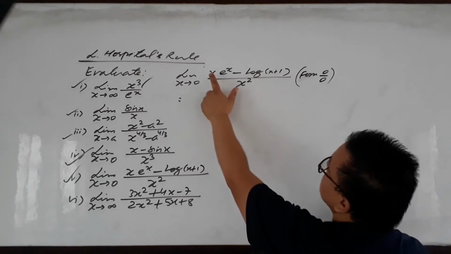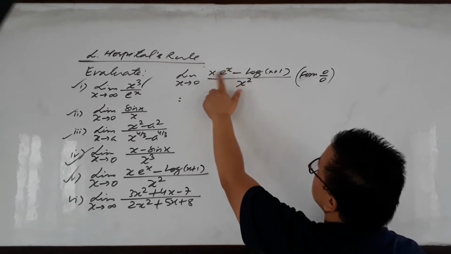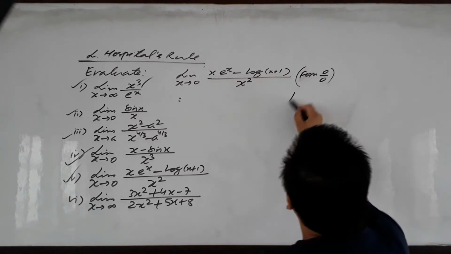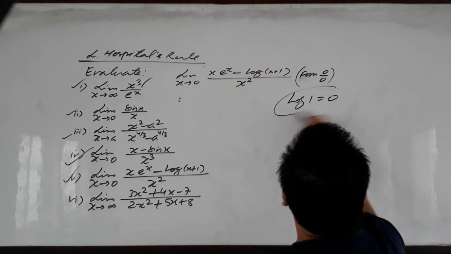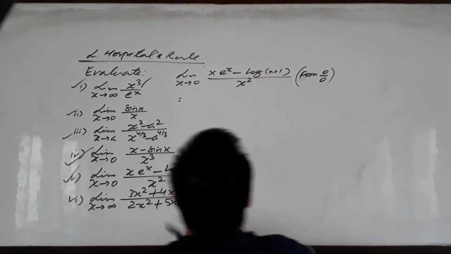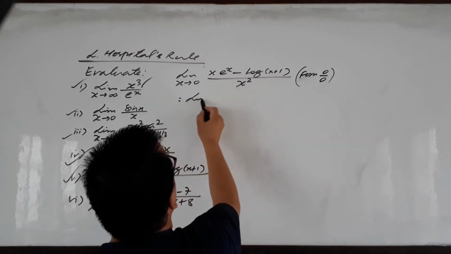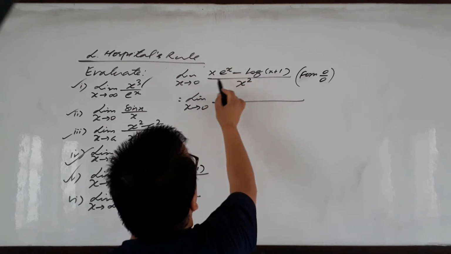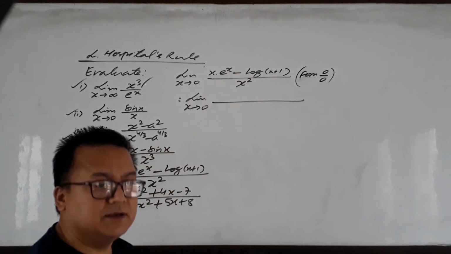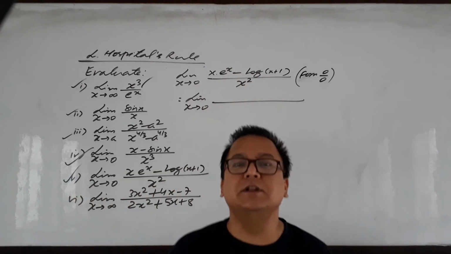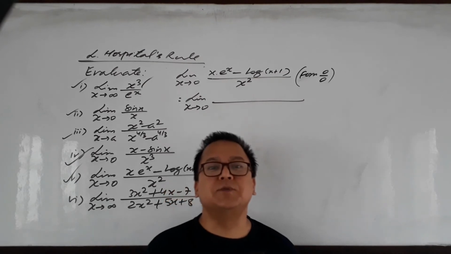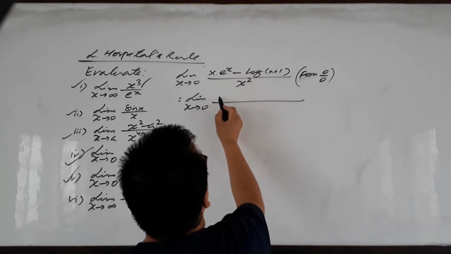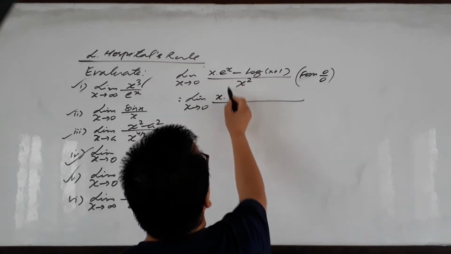You can check: 0 times e to the 0 is 0, and log of 0 plus 1 is log 1, which is 0, as we know log 1 equals 0. So now I'm going to use L'Hospital's rule and find the derivative. Your function is a product, so we need to use the product rule: first function times derivative of second,